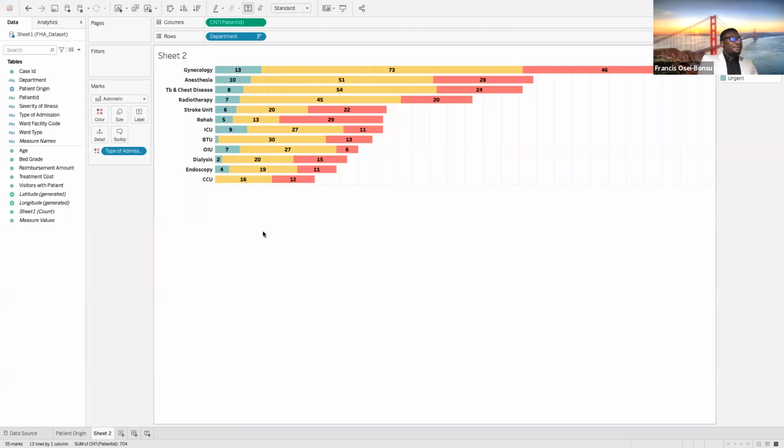Okay. So the next thing we want to do is, Tableau provides us with filters, where we can filter our view based on the fields we have. So let's say we have department over here, right? Let's say somebody wants to see only ICU, or let's say CCU. There are two ways to do this. You can drag department to filters